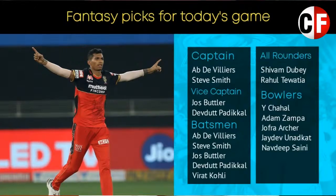So Jos Buttler or Devdutt Padikkal. Devdutt Padikkal has been doing well for the RCB side, 2 matches, 50s, has done really well. Well, with the batsmen, you can have the combination of De Villiers, Steve Smith, Jos Buttler, Devdutt Padikkal, and do not forget to include Virat Kohli, because never count this guy off. He will pay those dividends. He will come out strong, and I'm pretty sure that Virat Kohli will come out strong in this match here